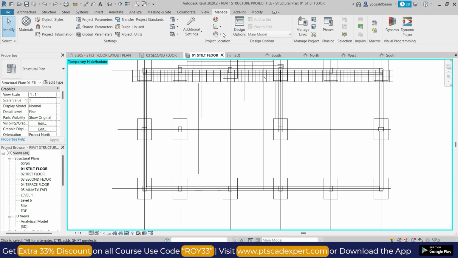Okay. So this is our structural plan. I have converted my architectural plan completely into structural plan, and right now I have temporarily hidden the architectural plan because we are going to work on the structural plan. So the first thing that we are going to do is take a section of any of this footing,